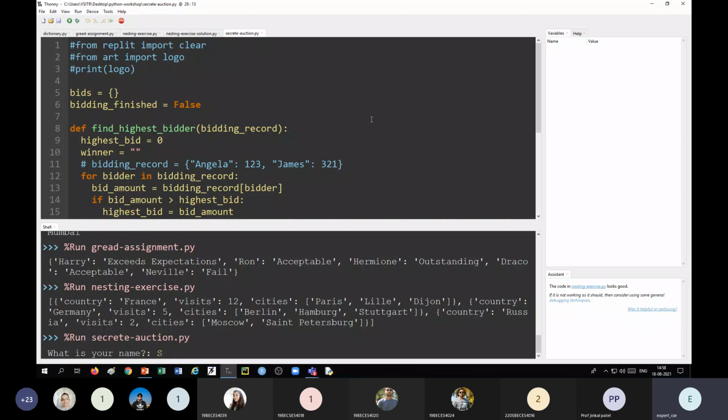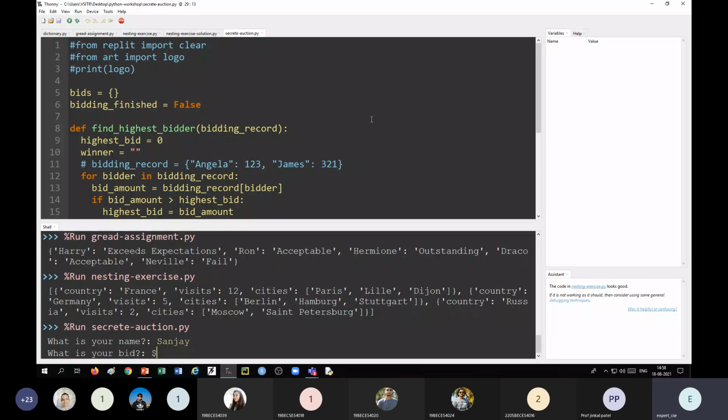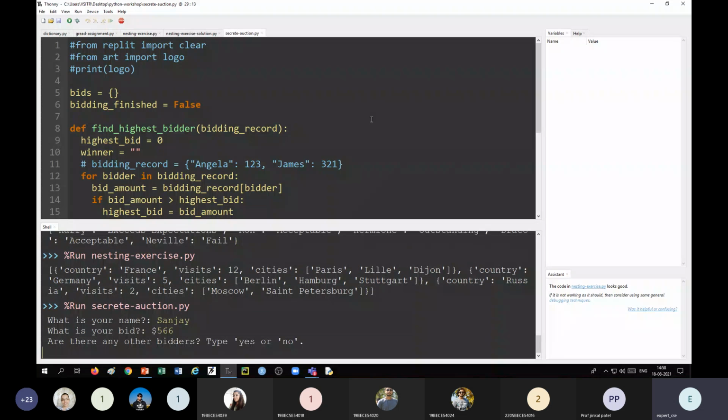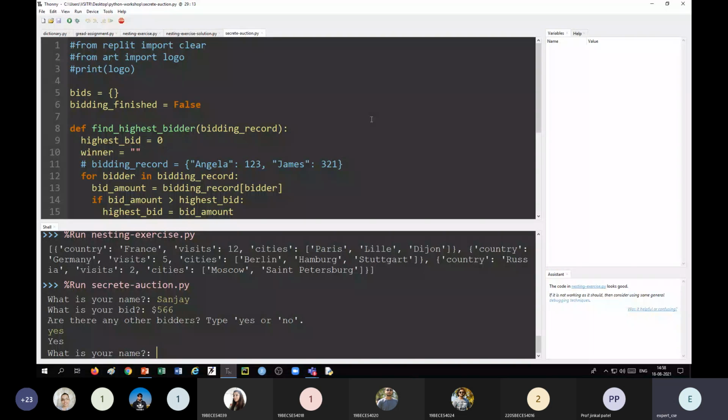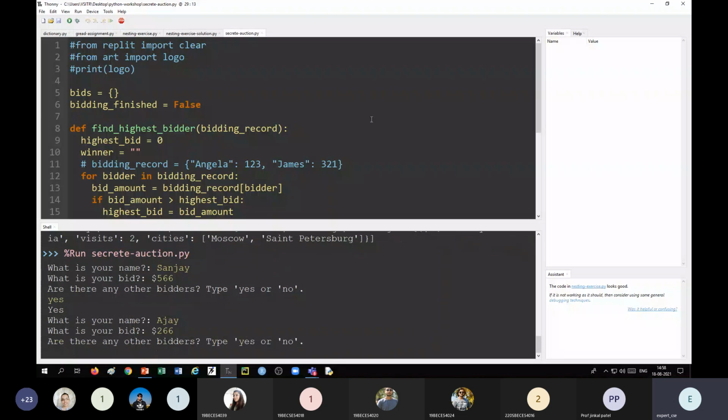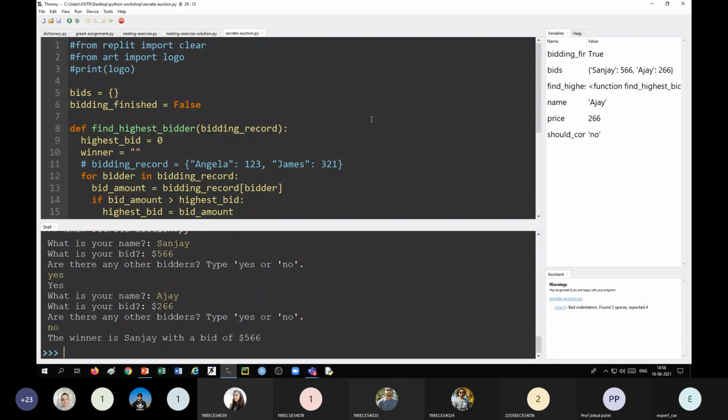We can say any name. Bidding amount is, say, 566. You want to continue? Say yes. What is your name? For example, Ajay. Bidding amount is, say, 266. As and when we say no, it should print the winner is Sanjay with a bid of this.